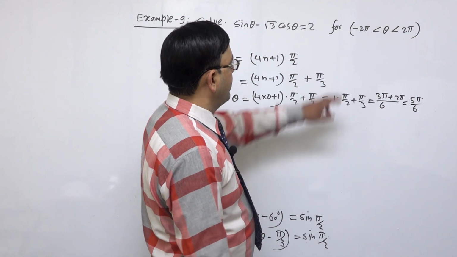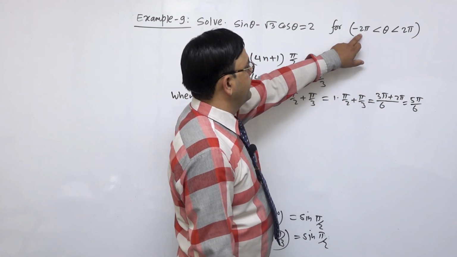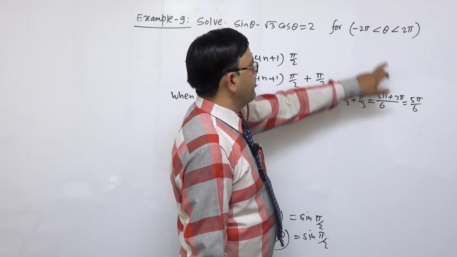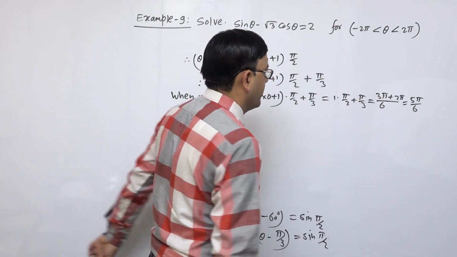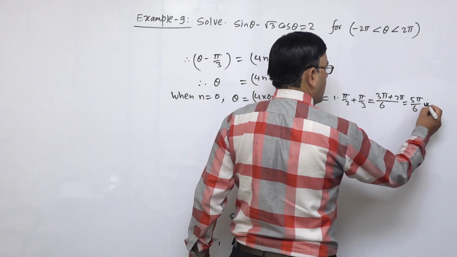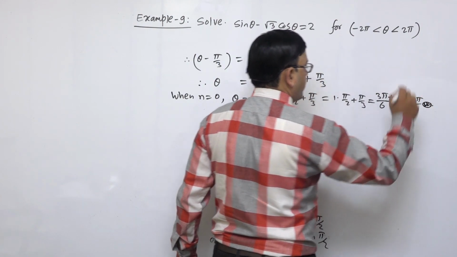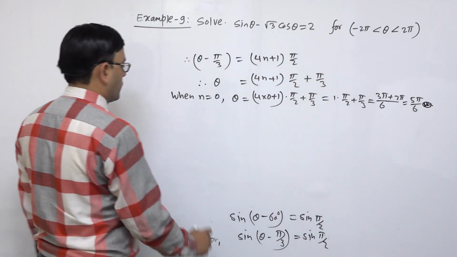5 pi by 6 lies between minus 2 pi and plus 2 pi. So this is our required answer. This is our first required answer. Now the next one, when